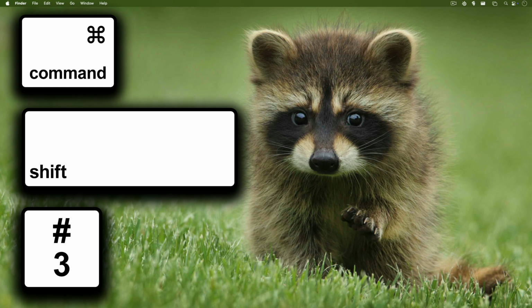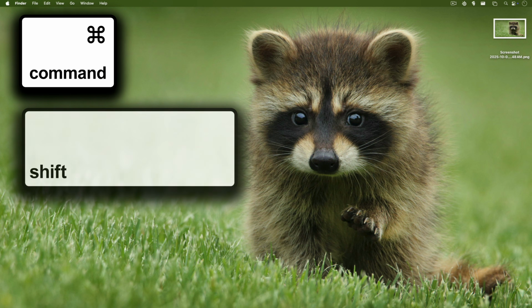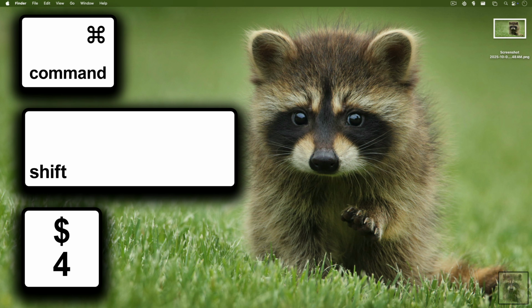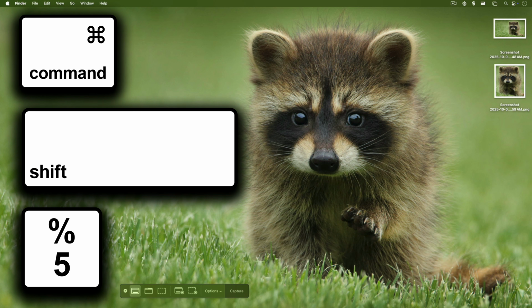Command-Shift-3 takes a screenshot of the entire screen, Command-Shift-4 allows you to select an area to screenshot, and Command-Shift-5 brings up the screenshot menu. Most Mac users already know these shortcuts, but what if I told you there are easier ways? In fact, you can take a screenshot with just a single key on Mac,